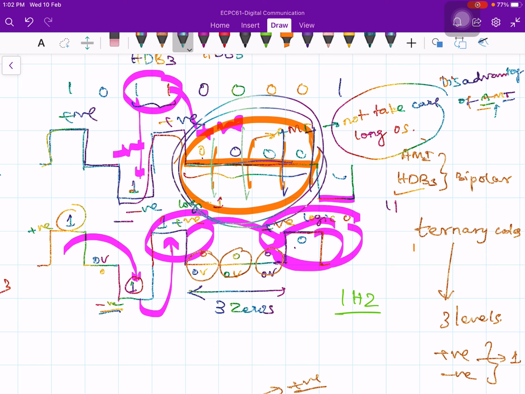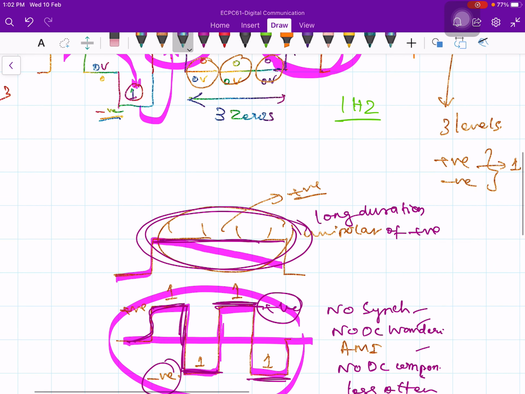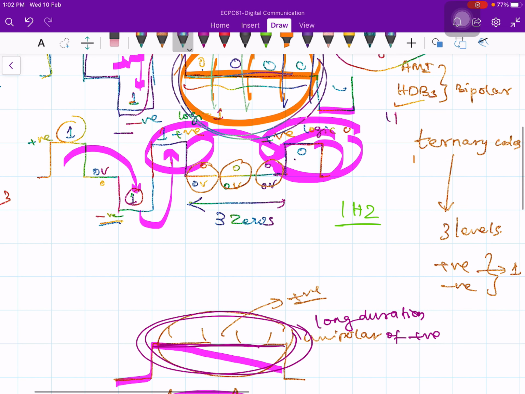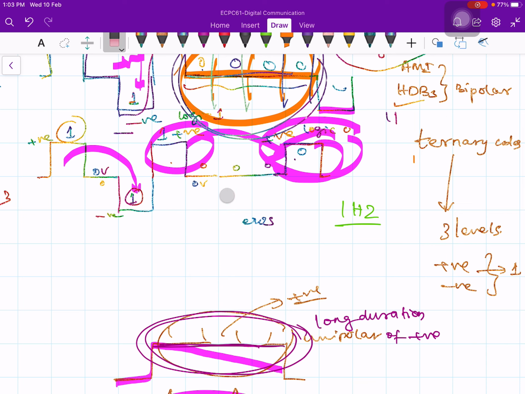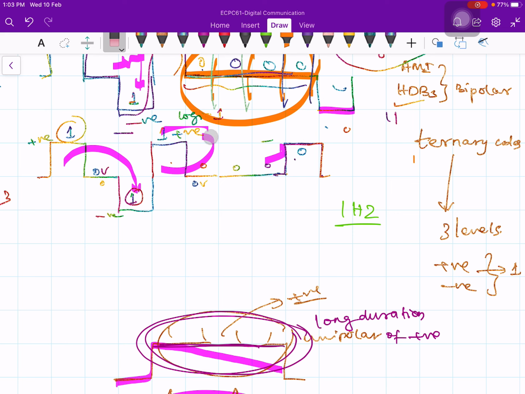So in that case, we need to design a code such that there will be some transition, or we need to think how many zeros should I allow, and after that should I make transition. Okay, so that's what we did in HDBN code. So I will wait up to 3 zeros. Beyond that I will not wait. Okay, I will not allow zero line. I will put a positive voltage like this.